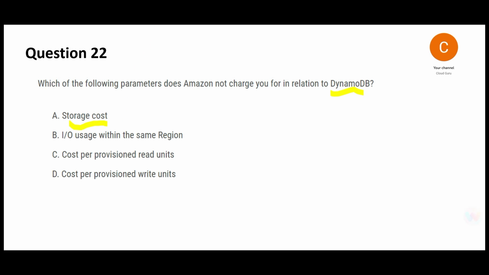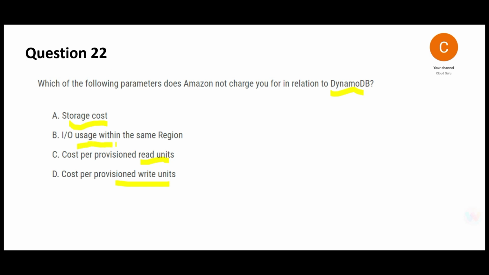It is not free. And I can vouch when you are provisioning read units and write units, that is not free. DynamoDB and Amazon make tons of money by charging you for read units and write units. Storage is relatively cheap, but the read units and write units are not. And they know if you want performance, you will step up the read and write units, and that is how Amazon makes money. So what is left is B.